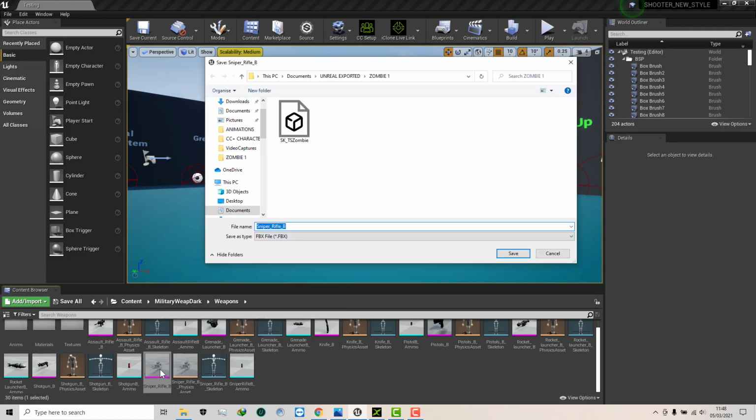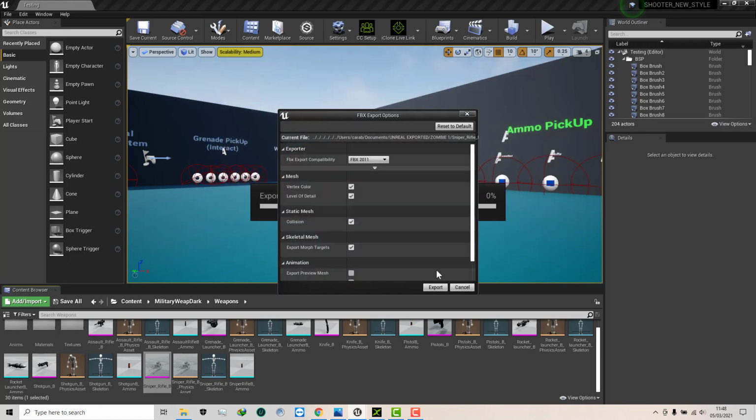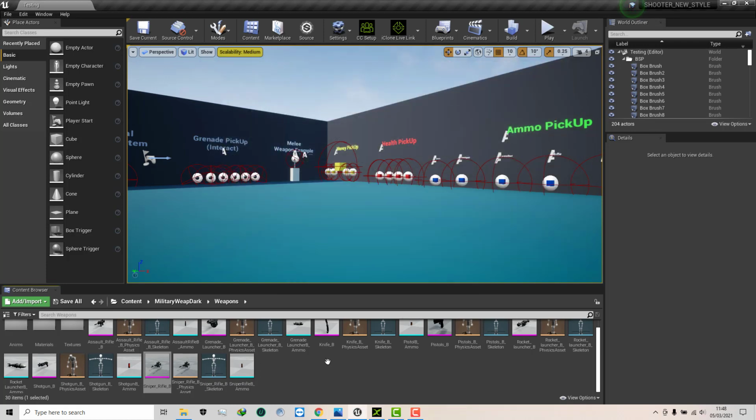Okay, so here, sniper rifle B, export. Okay, well, now I go into that weapon in texture, sniper rifle B,